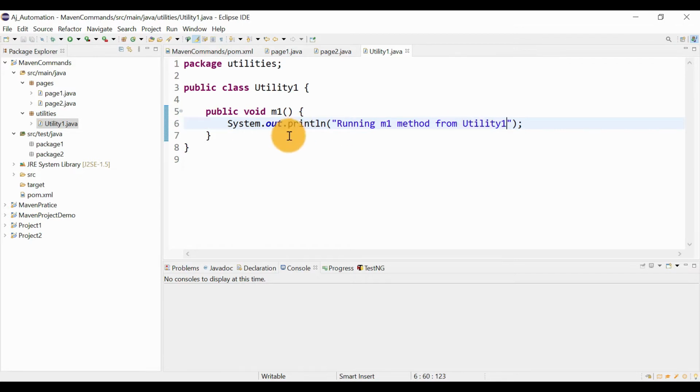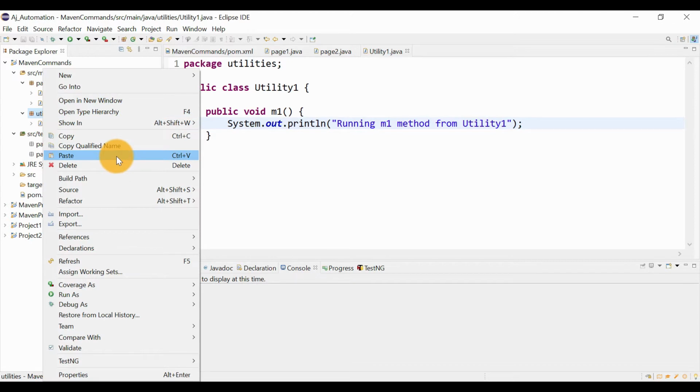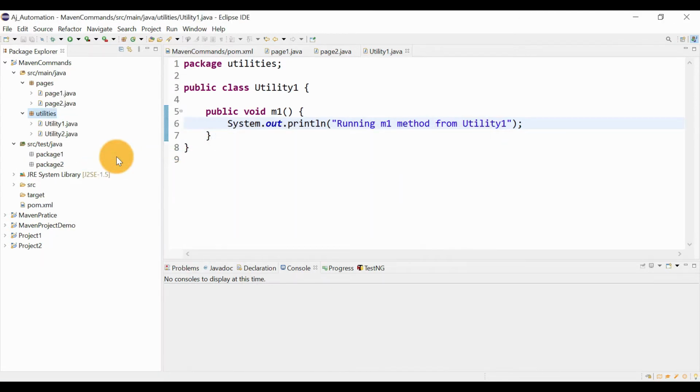Let us copy one more time, utility2, and here we will print m1 method from utility2.